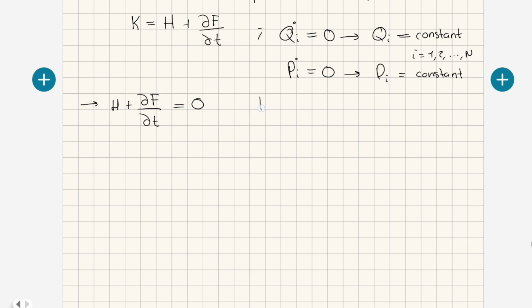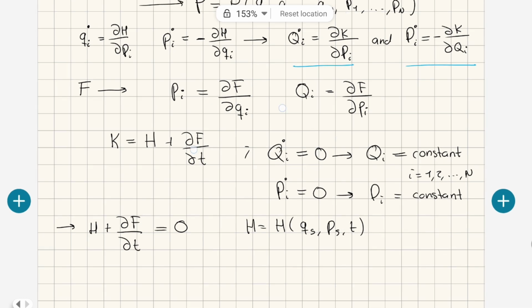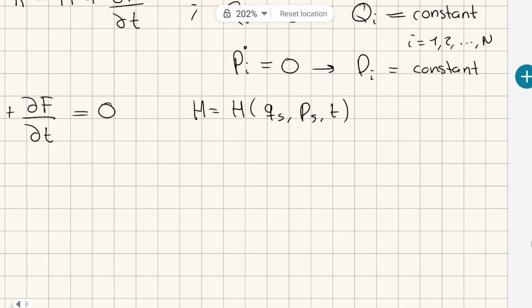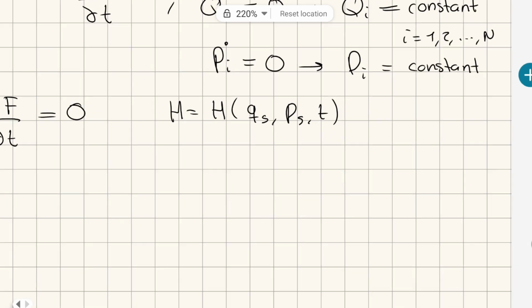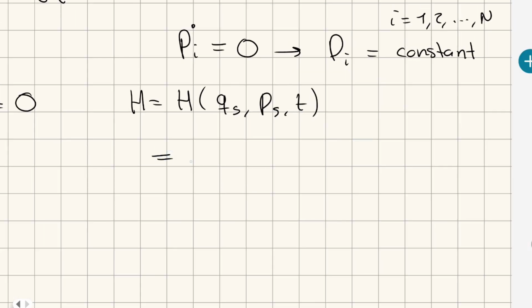And remember, this Hamiltonian is a function of the q's, the p's, and the time. But remember that now we are saying that this Pi is equal to the partial of f with respect to Qi. So we are interested in taking out these p's and expressing them in terms of the generating function f. That means that we can use this equation to establish that this Hamiltonian function can be seen as a function of